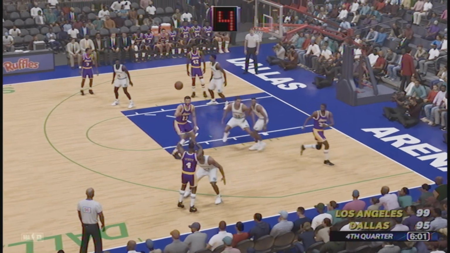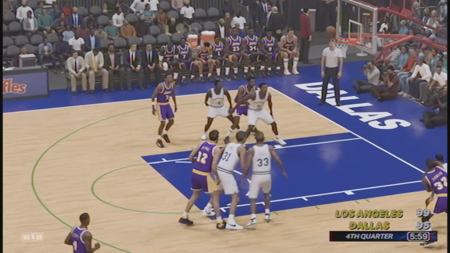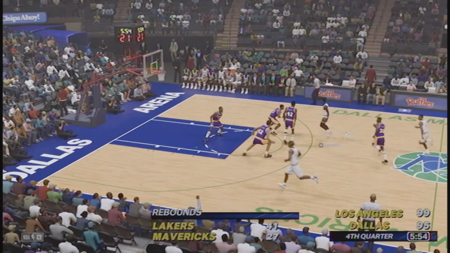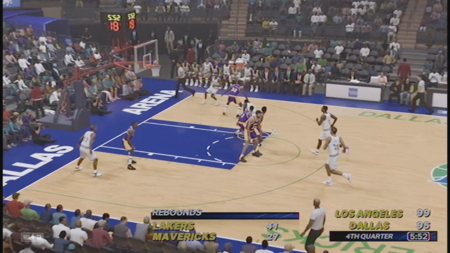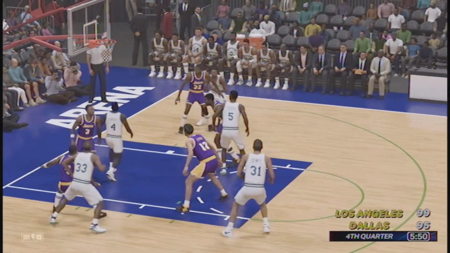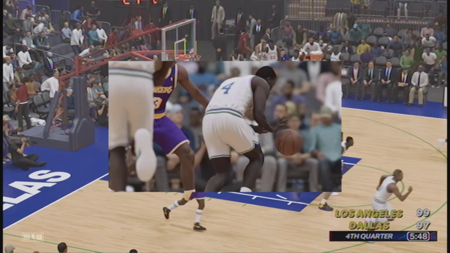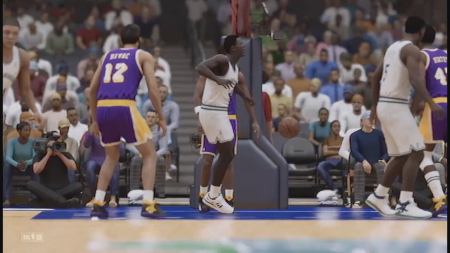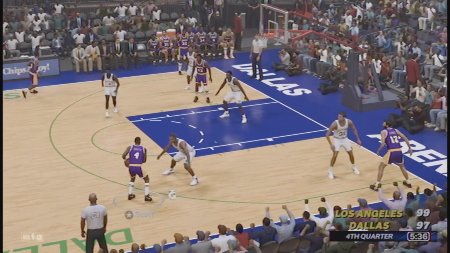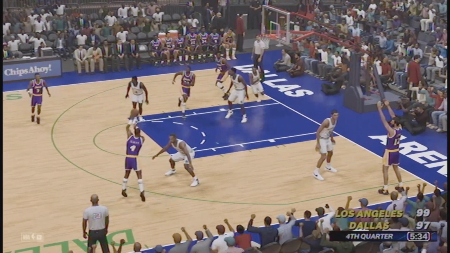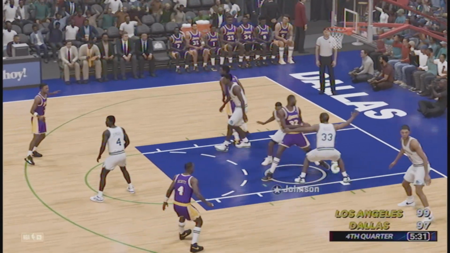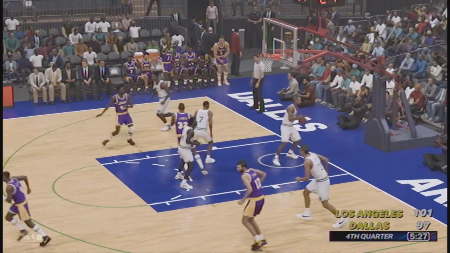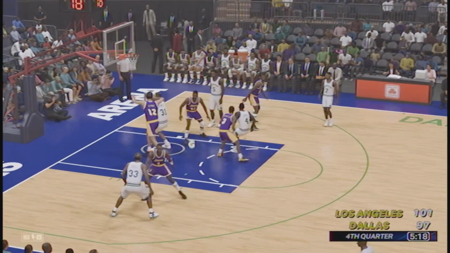And now we are moving right along to Mavericks, Lakers. Both teams actually trying to fight for a playoff spot. So let's see who ends up winning this game. Joe Dumars making that shot for the Mavericks in the fast break. 2-point game in Dallas. Lakers with the 2-point lead. Now we have Magic Johnson receiving the pass from Byron Scott. And Johnson makes that shot for the Lakers.